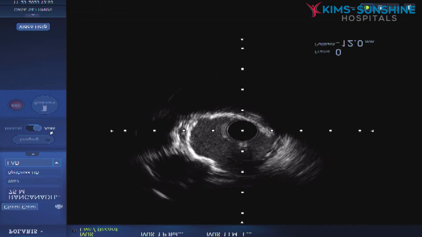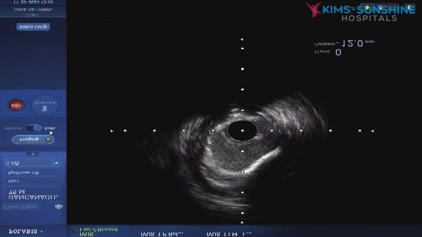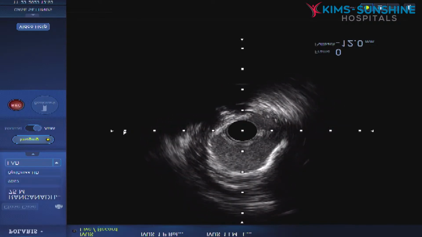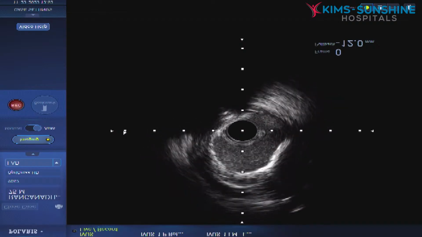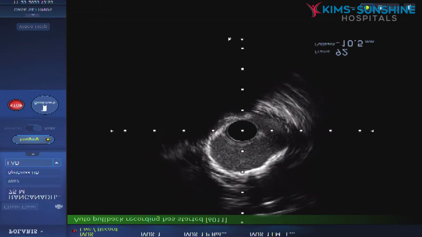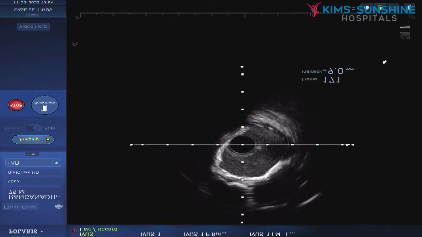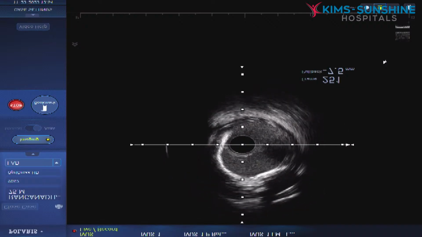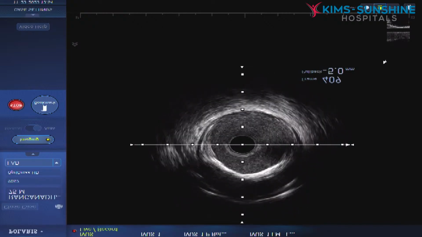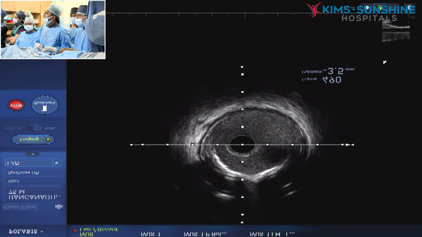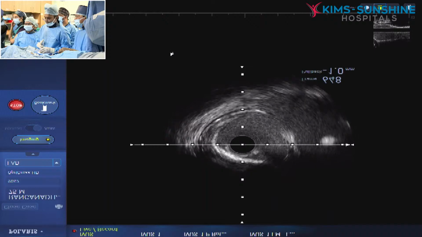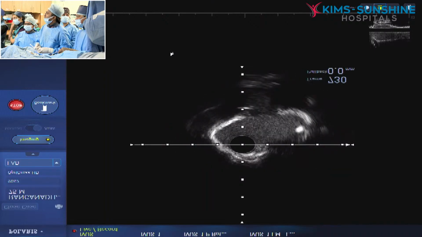Ready. Now you can see the LAD. There is a calcium, but luminal area is fine. That is, we are at the mid LAD. Calcium is there. We will assess the luminal areas, plaque burden to decide whether it requires any LAD intervention or not. See, eccentric calcium, but luminal areas are very good. Once we acquire the imaging, we will see the luminal areas. Then based upon that, I feel LAD ostium also appears to be fine, but